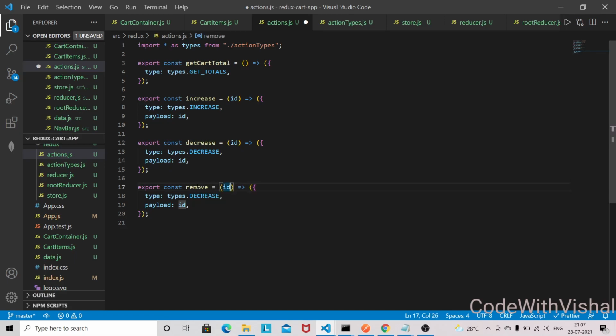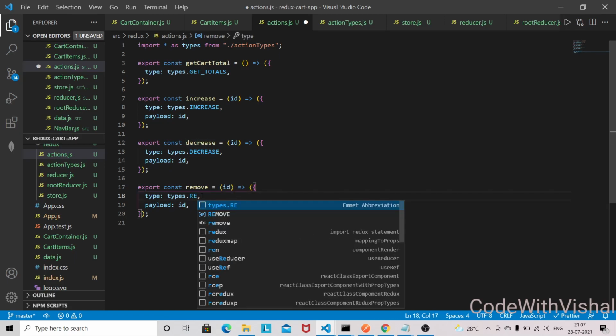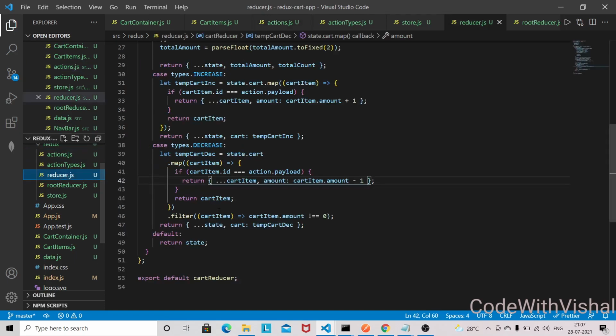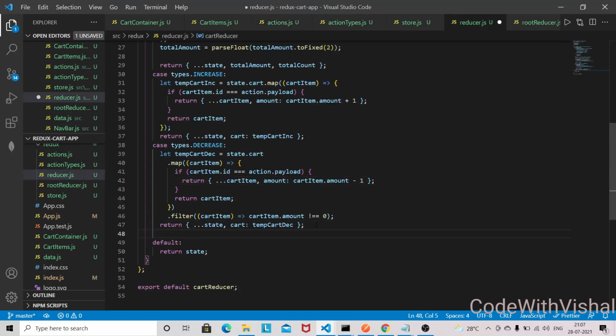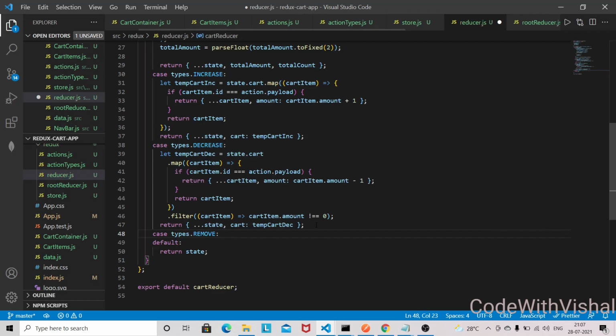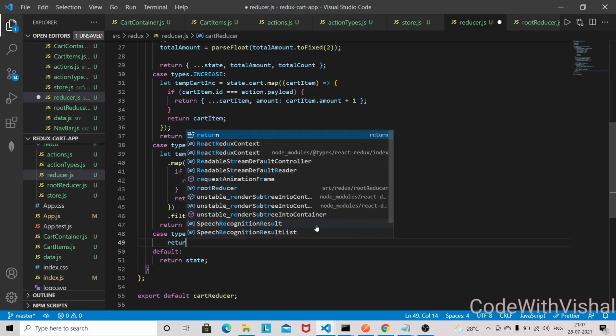Okay, so this will also have an ID, and make sure to update this type as well. Now I'm going to add that logic in the reducer, so I'll add that case as well. Okay, case types dot remove and return,